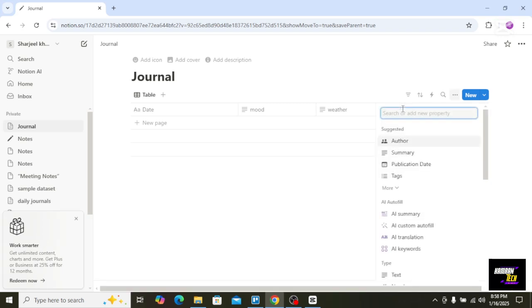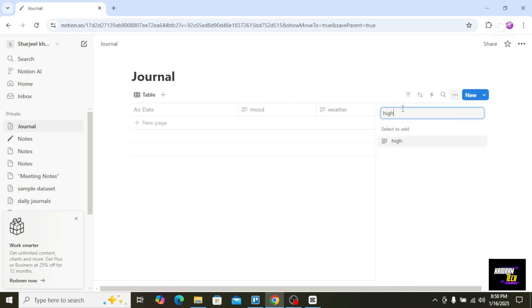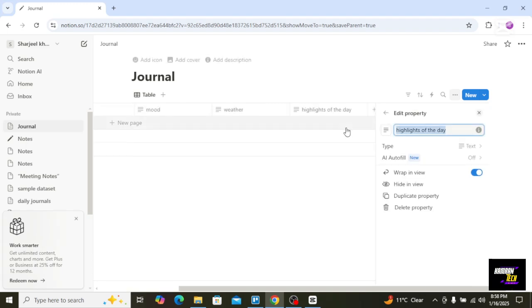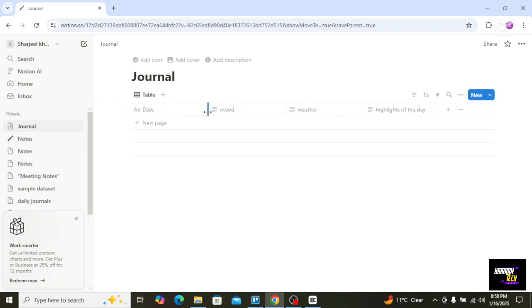and I will just write highlights of the day and just tap to enter. So in this way you can just use Notion to create journals. So I will just make it short,